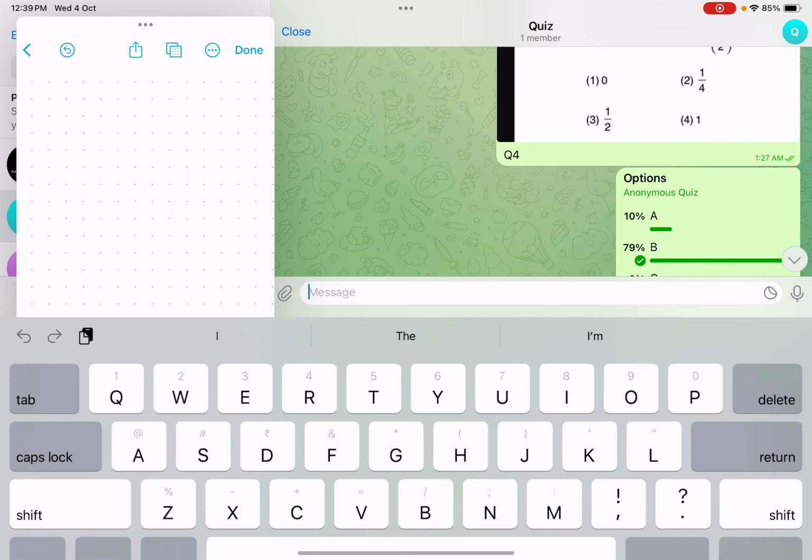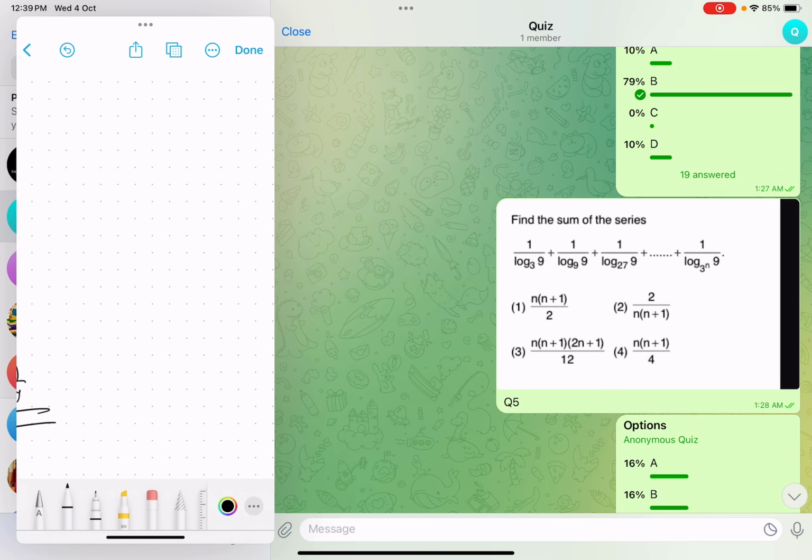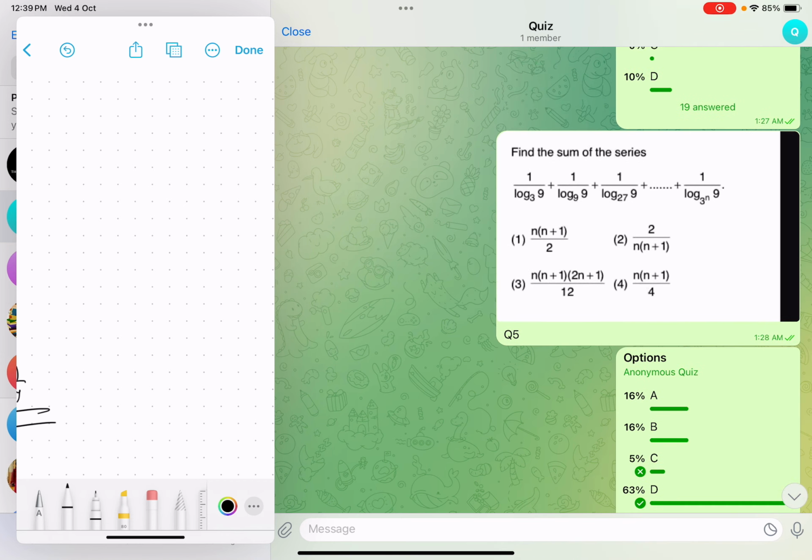Last one, find the sum of the series. This is okay. So see, like you can also expand it and solve it, but I prefer using options in this. Okay, so like if I take only one term, then what will I get? I'll get log 3 square, so this is nothing but 1 by 2. Okay, right? So in the options, if I put n equal to 1, I should get 1 by 2. The one which gives is the answer. Okay, if multiple give, we'll have to move on for checking n equal to 2.